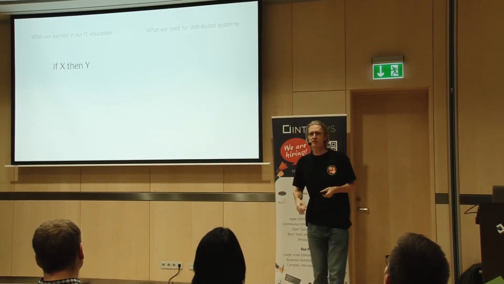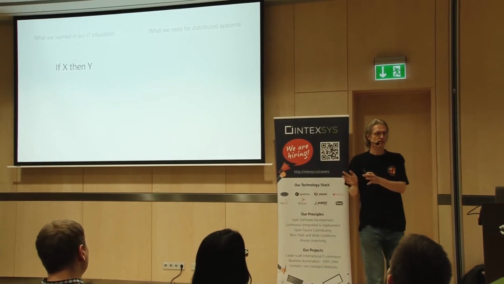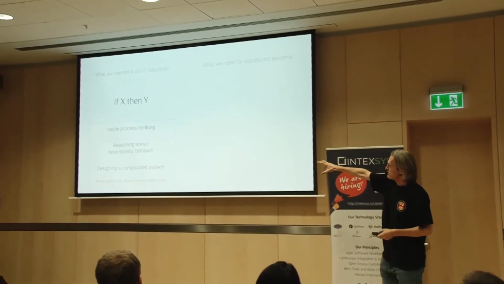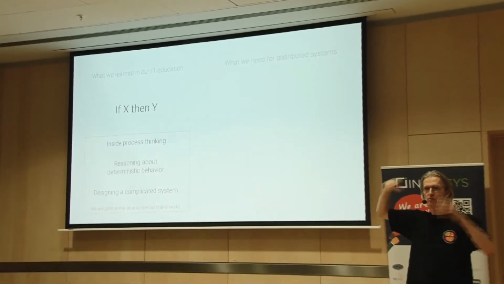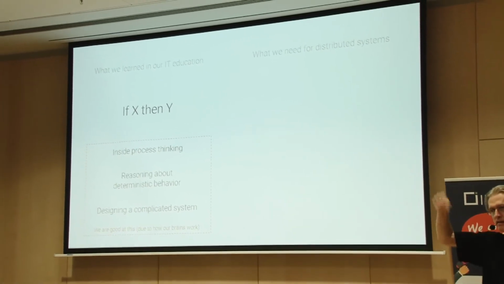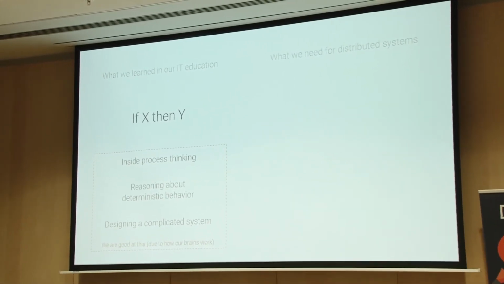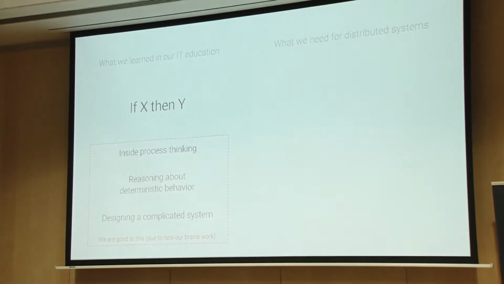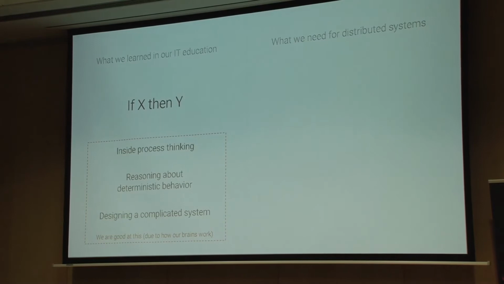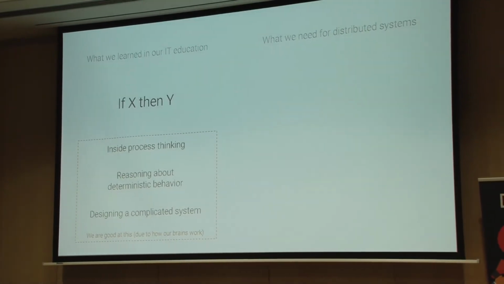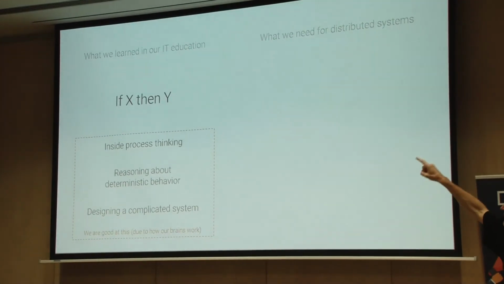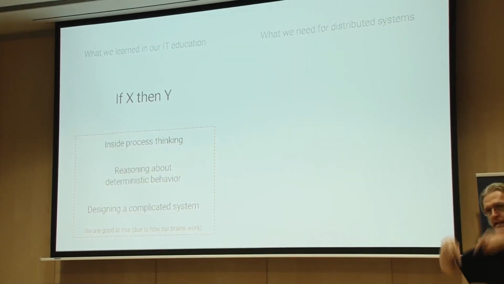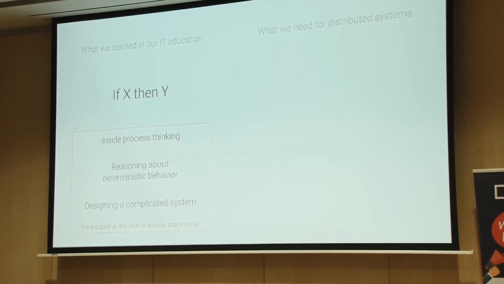What we learned is something like, if this, then that. So deterministic behavior, basically. Reasoning about deterministic behavior, breaking down our problems into chunks and making loops, or doing it the functional way, and so on. So a complicated system design. By the way, this is how our brain works. It works great this way. We are good at doing that. And it's a good idea to do that if you reason about solving a problem inside one process,